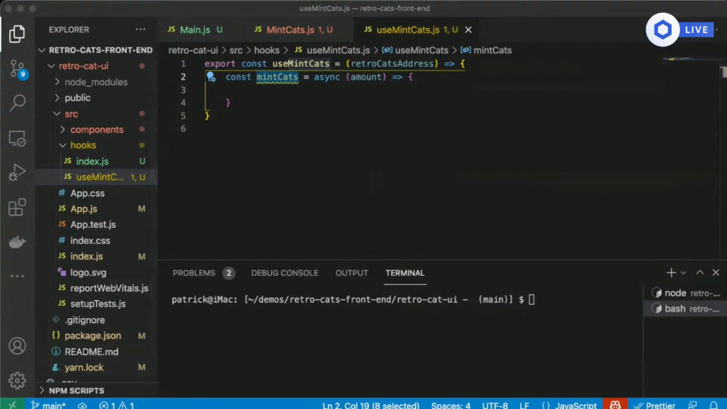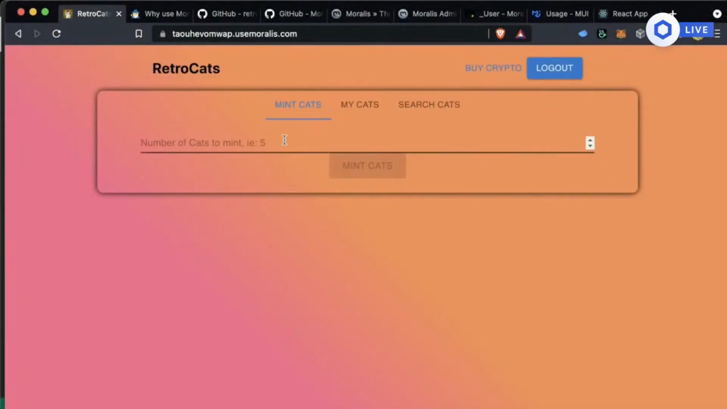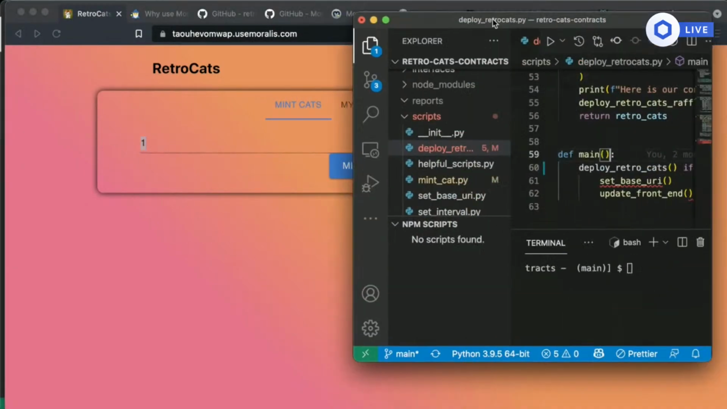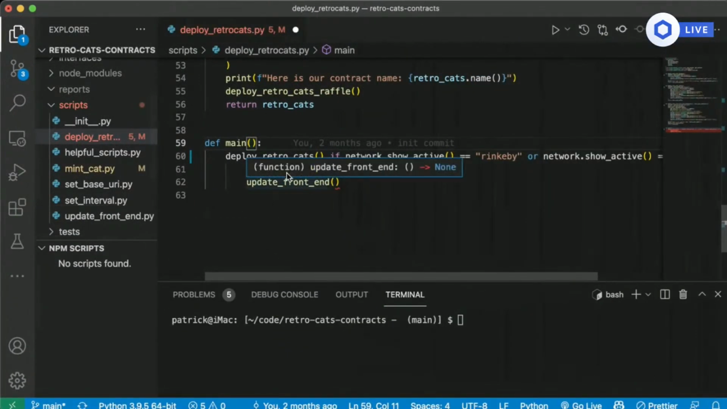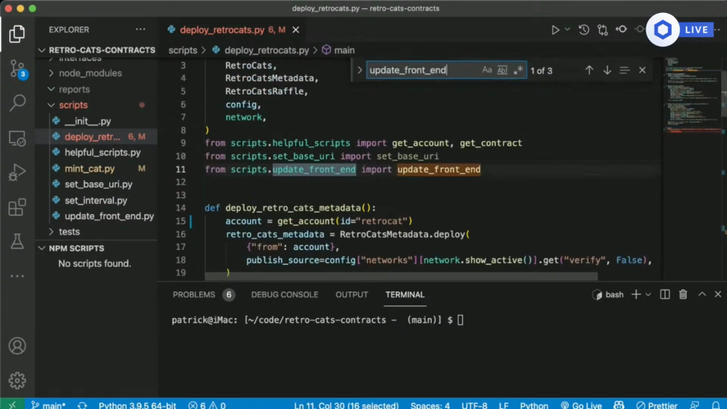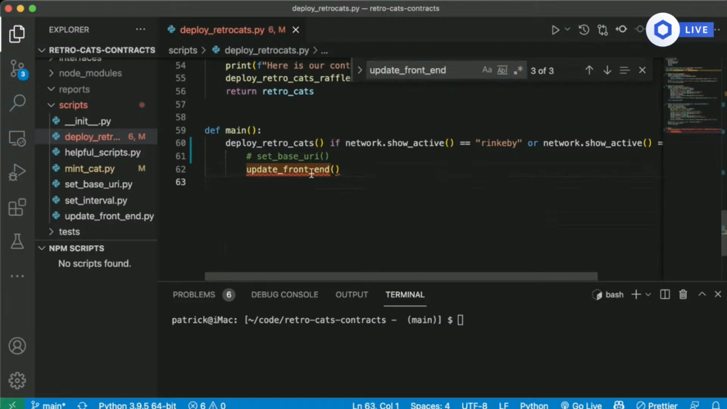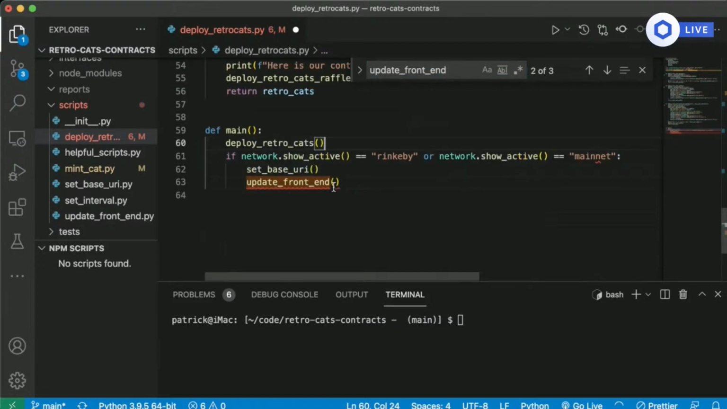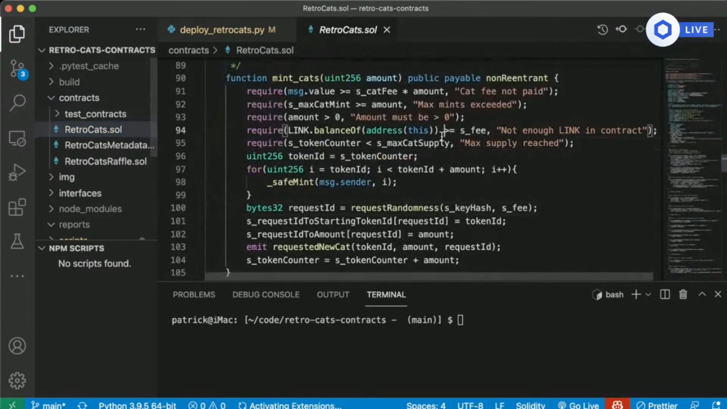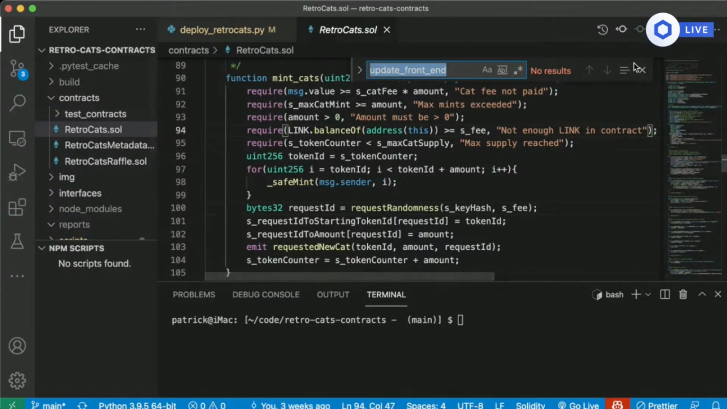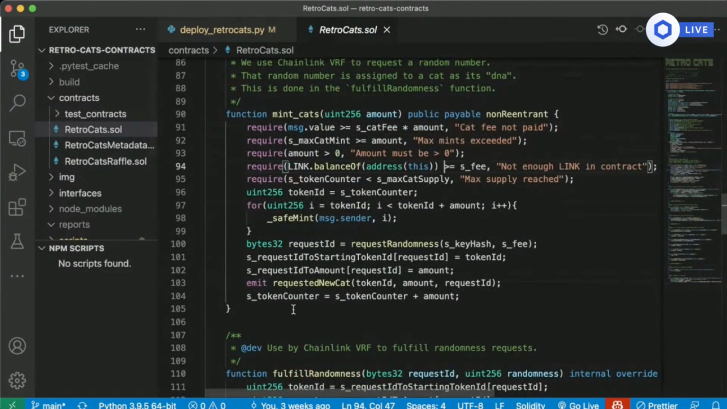The way these cats actually work is they have a cost. Let's pull up the contracts actually. If we pull up the contracts here, if we pull up the contracts, this is the mint cats function that we're going to be calling, and I know it looks kind of